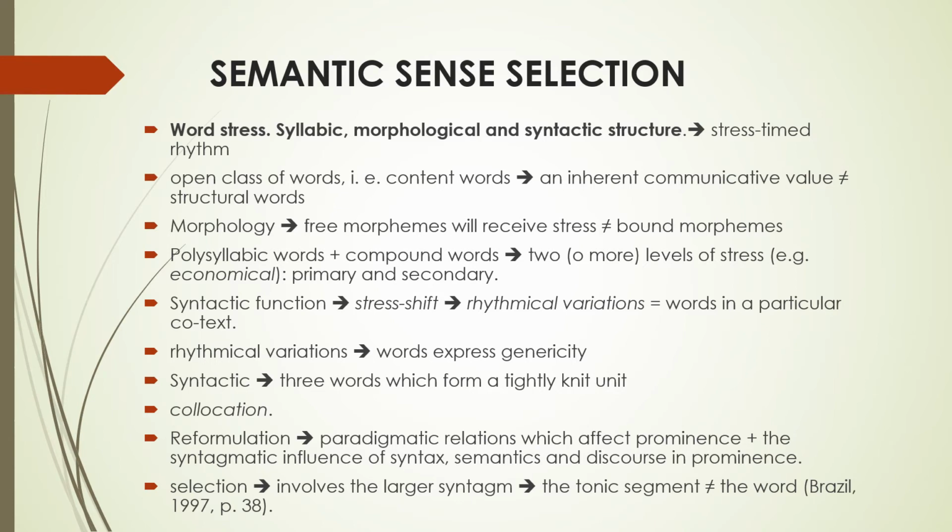You are familiar with this, in which the primary stress becomes secondary stress, and the secondary stress will become primary stress. But this is only restricted at the level of the syntactic function and the role of these words in a particular context, not a broader context. And rhythmical variations may also be applied when we talk about genericity, in the sense that certain words like thing and stuff, which have a general meaning, will tend to be unstressed